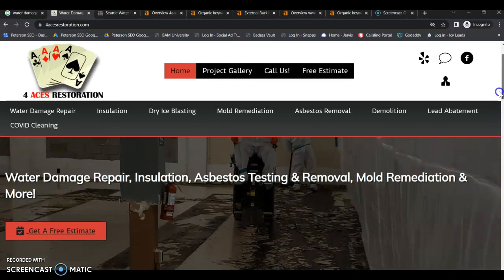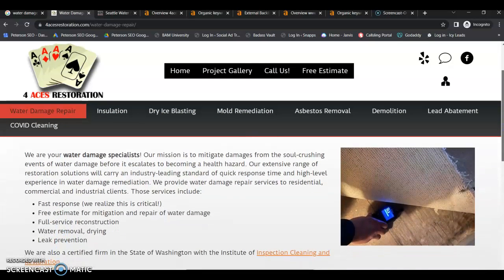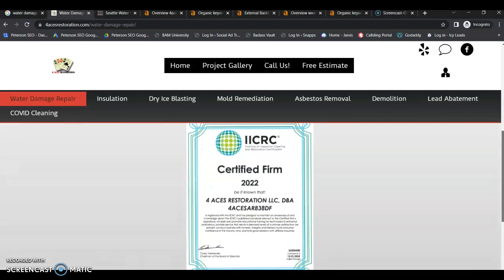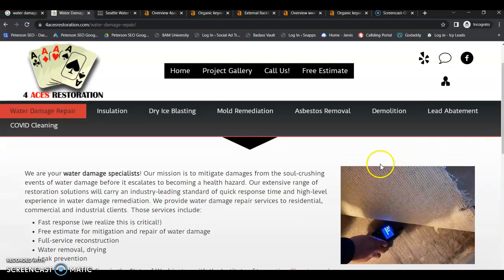Now, Google has robots called crawlers that go and index each of these pages looking for original content and keywords. Looks like your website loads pretty slow as well, which is also going to hurt you. And looking at your water damage restoration, I'm not seeing any keywords here either. So you really need to work on those buyer intent keywords that are location based